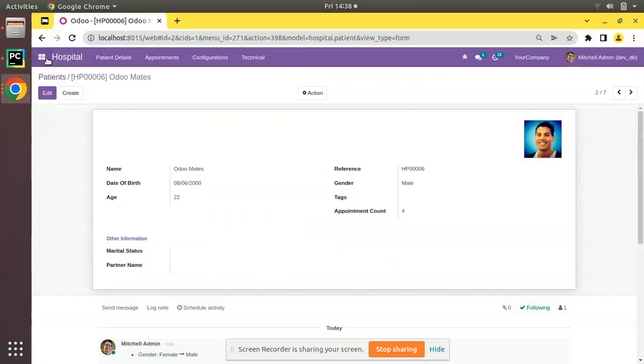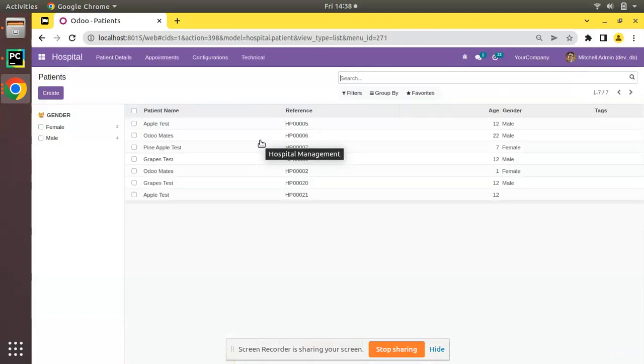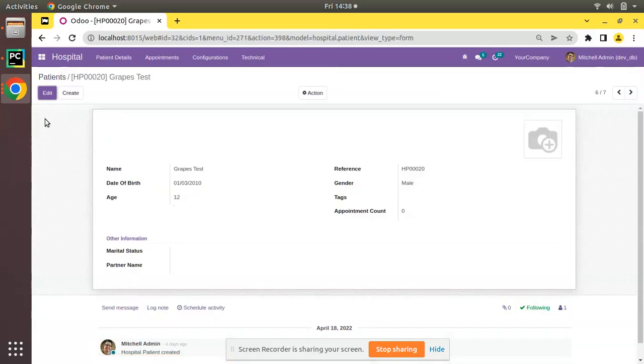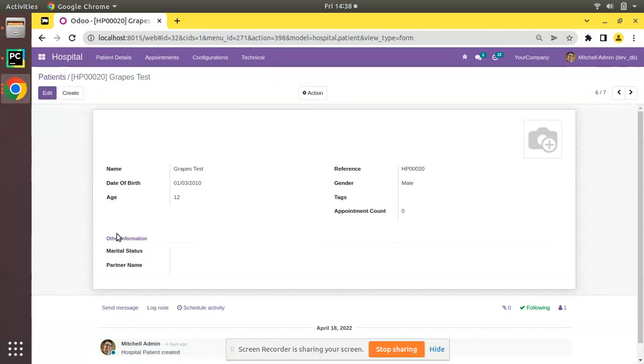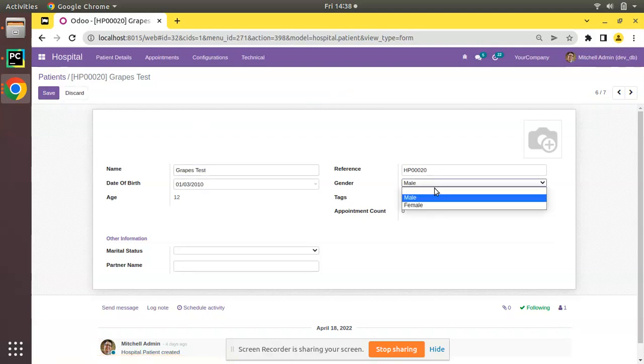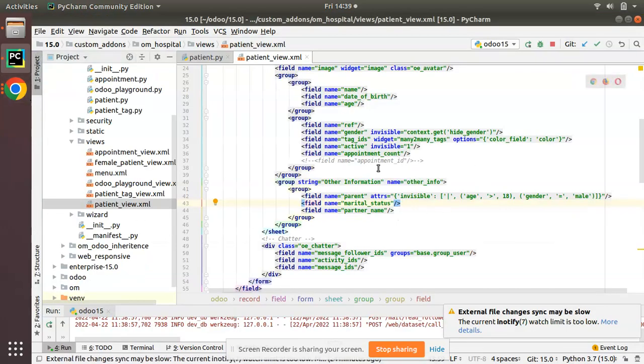So if I go to the UI, let me upgrade the module. I'll upgrade the OM hospital module after making the conditions OR. And if I come back to that female record or male record, here you can see the field is invisible because the age is 12 but gender equal to male. So even if I change to gender equal to female,